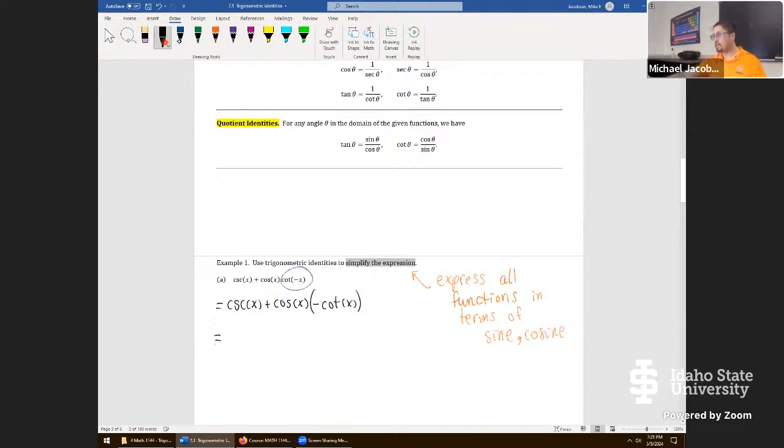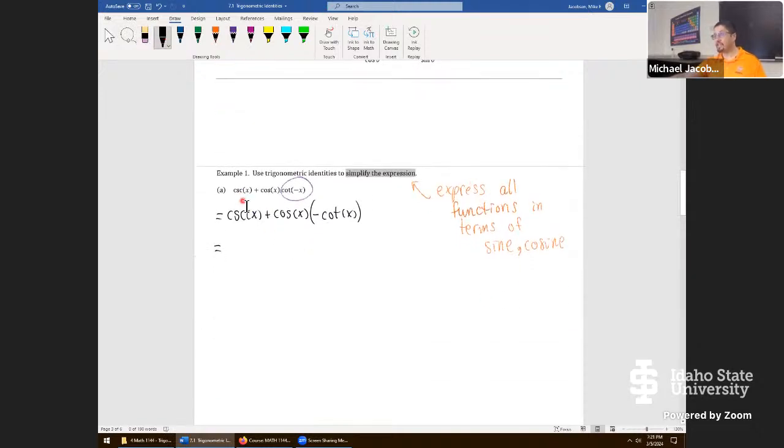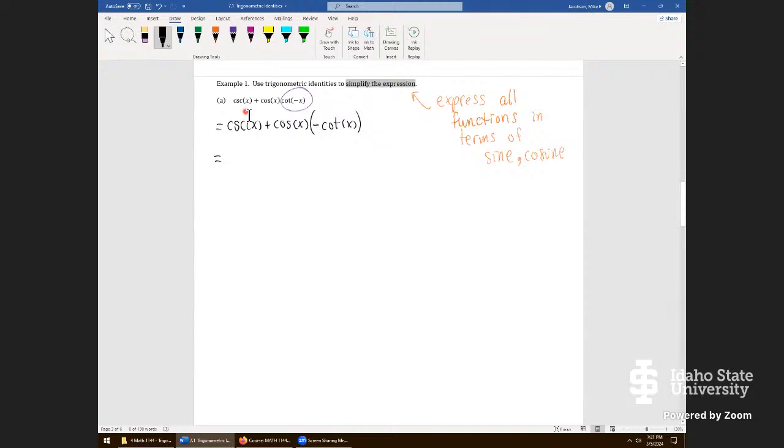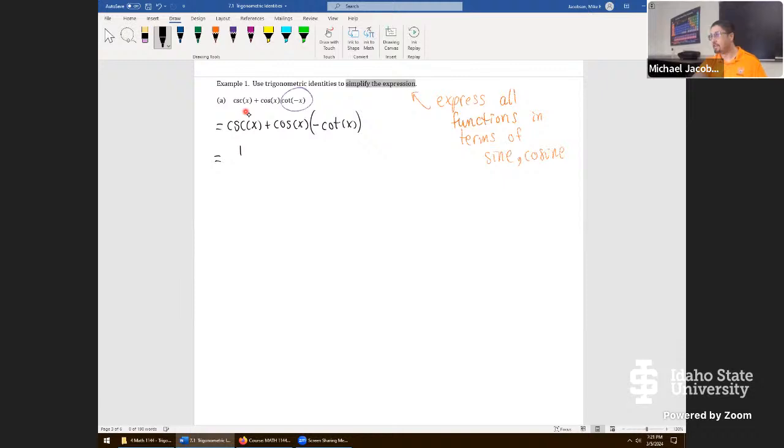While we do that, let's also use the hint in orange right here. Any volunteers for what cosecant is as a function in terms of sine or cosine? 1/sine. Exactly. When you see cosecant, just think 1 over sine, like you said. So that's a 1 over sine x. Then I'm going to try to remember my negative right here. I'm going to place it way in front so I don't get mixed up with subtraction. We're really multiplying cosine x